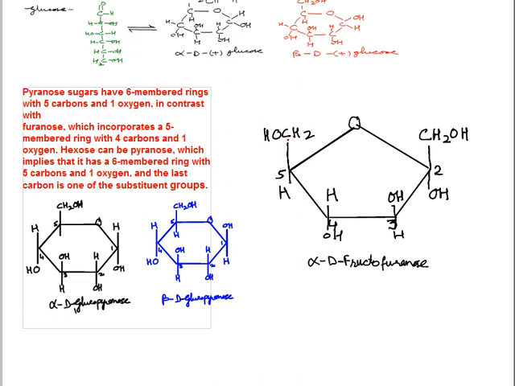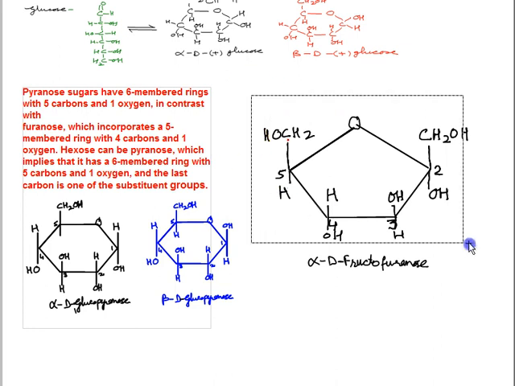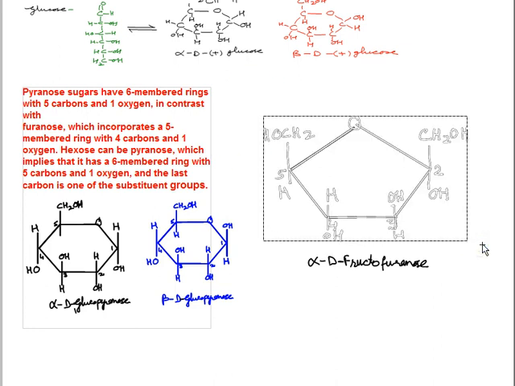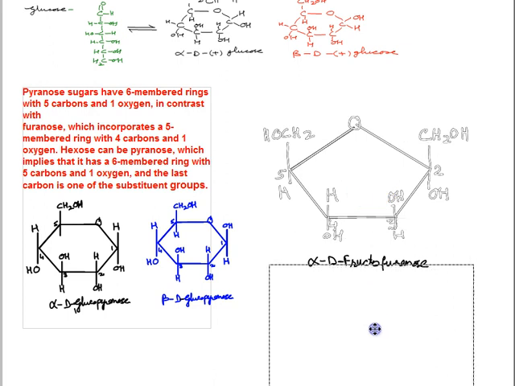But if you want to, this is the alpha D fructofuranose form. You may like to just pause this video and draw it in case you have not drawn along. So this is alpha D fructofuranose. But then how to go for the beta form, beta D fructofuranose? So for that purpose, I will take it here.